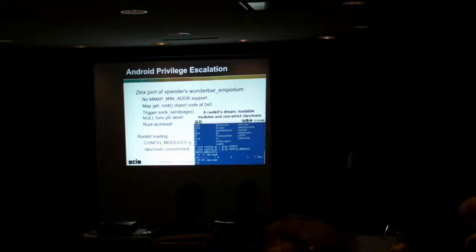Android Hackers Inc. ported one of Spender's null pointer dereferences, which we'll be talking about a little bit later, to the ARM platform and to Android. Android didn't have any sort of restrictions on where you can mmap memory, so it was very easy to trigger this null function pointer dereference and achieve root. And of course, the phone also didn't have some of the common protections for protecting against rootkits. You would want to disable loadable modules and disable /dev/mem and /dev/kmem,